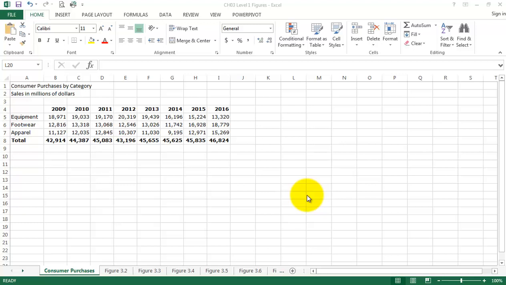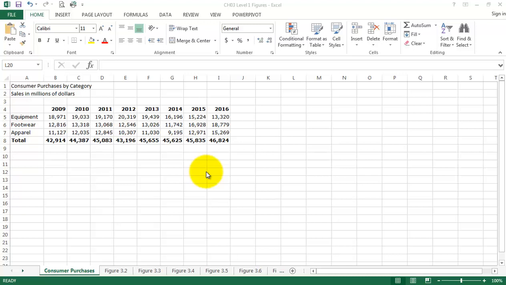We're now moving into Chapter 3, Level 1, and in this particular chapter we're going to start to investigate the use of charts and depiction of data in a visual format. And one of the things before we get into actually building charts, I want to just show you some illustrations as to what would be good practice and what would be not good practice in the building of charts and